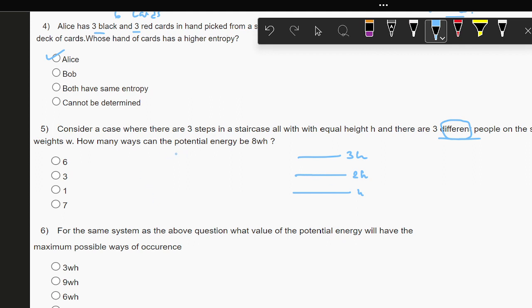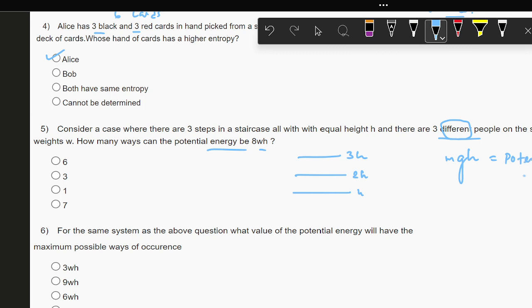you are given that the arrangement has to be in a way that the total potential energy of the 3 people standing in the steps will be 8Wh. First of all, what is the dimension of energy? In this case they are taking it as weight times h. So basically it is mgh. So it is a potential energy, you know, the weight times the height. Mgh is basically the standard form of